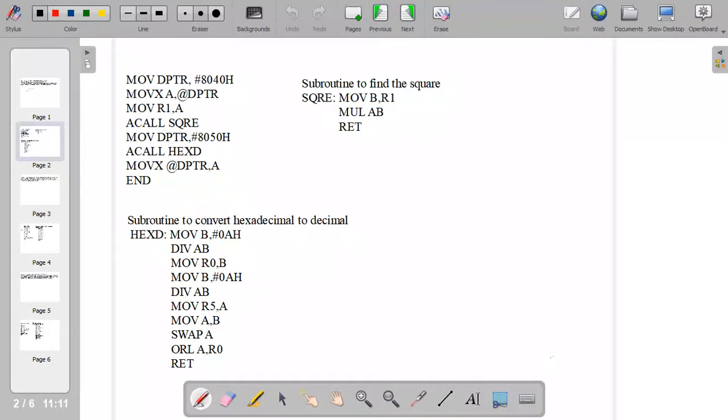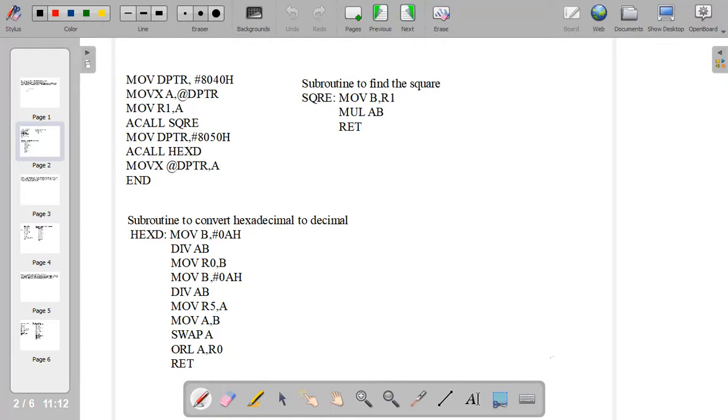Then DIV AB is done again, that is, the result of the previous division is divided by 0A, and the result of that is moved to the R5 register. The remainder of the second division, that is in B, is moved to A, and then we swap the content of A, that is higher bits with lower bits.